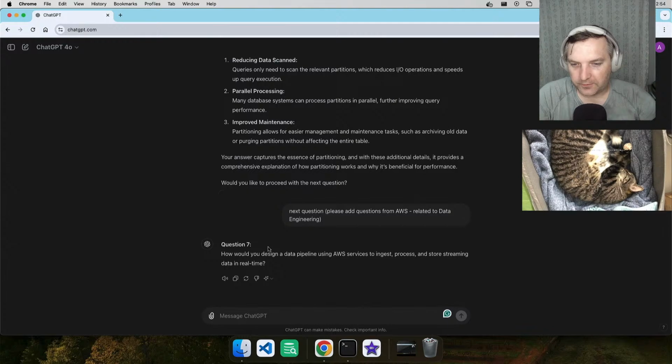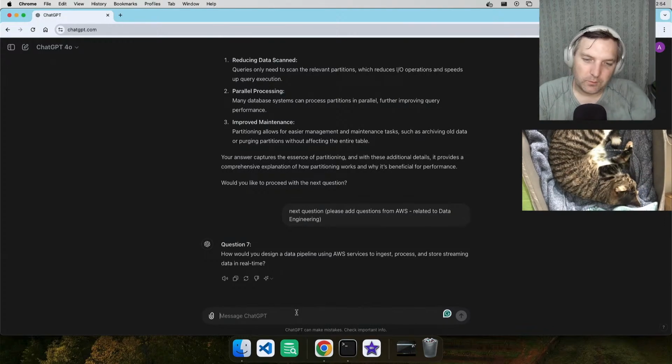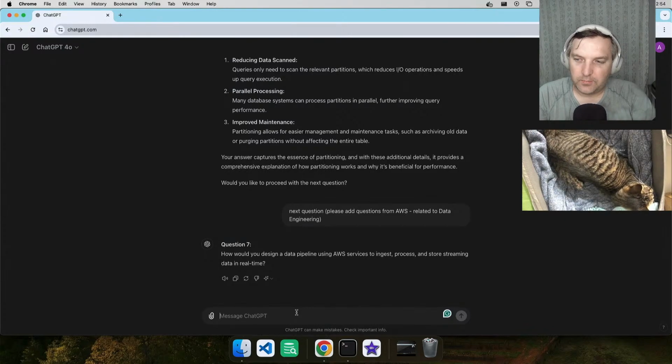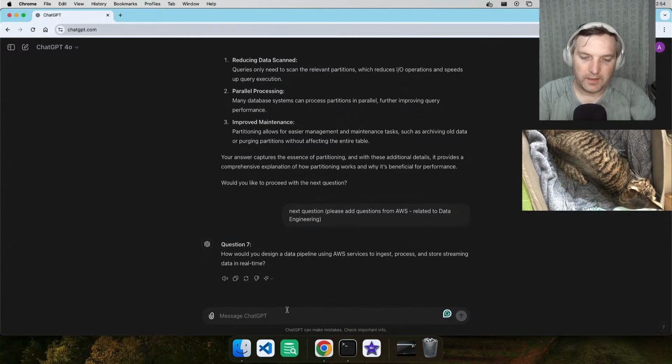So for example, how would you design a data pipeline using AWS services to ingest, process, and store streaming data in real time? There are multiple options, many ways you can do that. I think what they want to hear me saying is a couple of keywords: AWS Kinesis, AWS Glue, and also AWS S3. So my answer would be